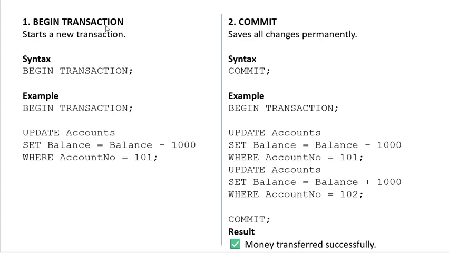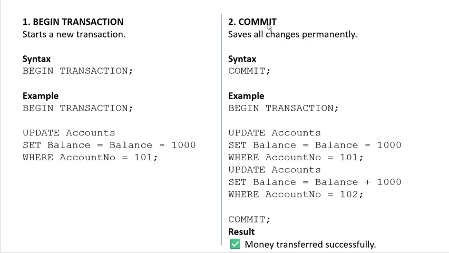First is begin transaction, which starts a new transaction. The syntax is BEGIN TRANSACTION; and the example is BEGIN TRANSACTION; UPDATE accounts SET balance = balance - 1000 WHERE account_number = 101; So it looks up the account table, finds the account number, subtracts the 1000 rupees,